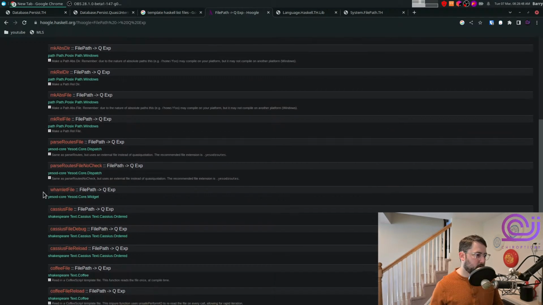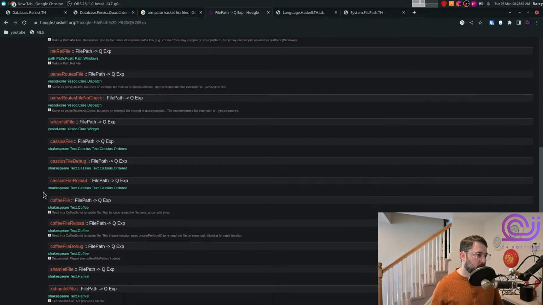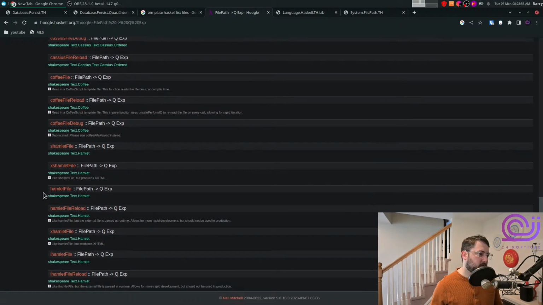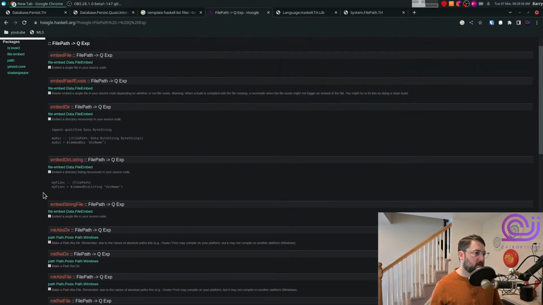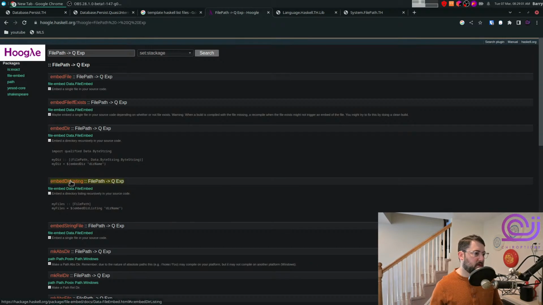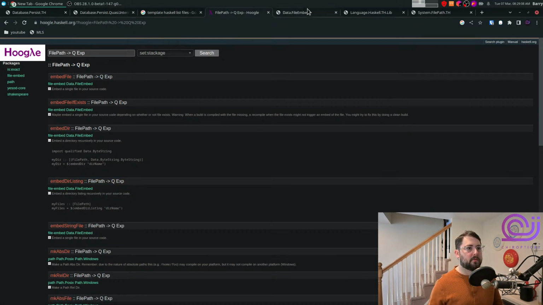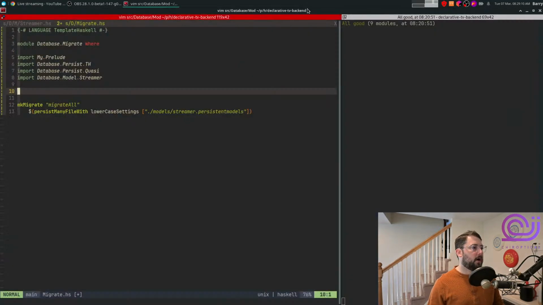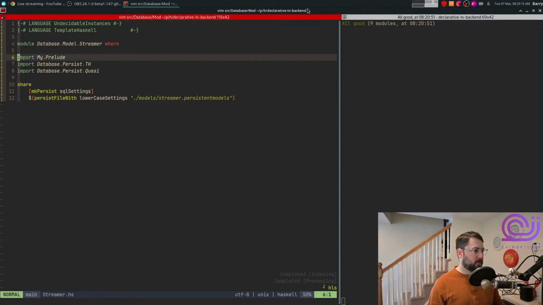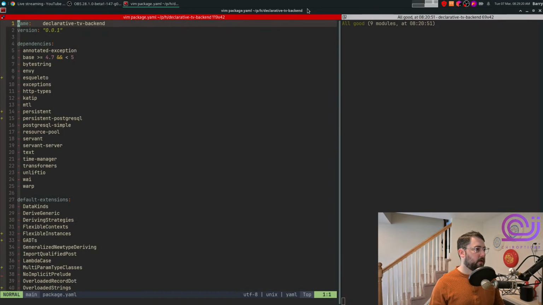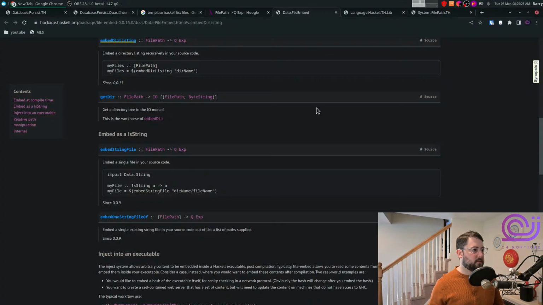Parse routes file. It's from Shakespeare. Okay, so I think what we really want is embed dir listing. I don't know if there's a better version of this. We can find it later, but I think this is probably what we want for now. This doesn't really go away, so it's kind of important that we find something that works well. But this is